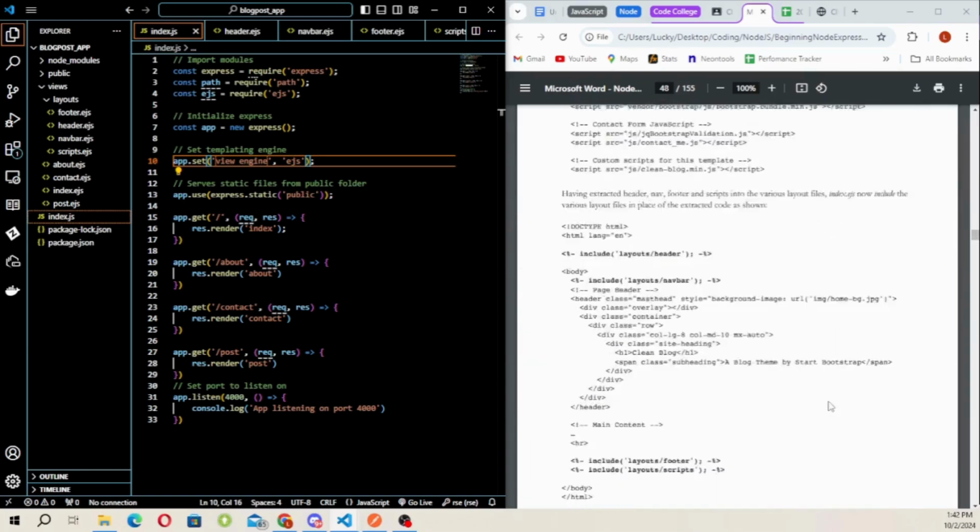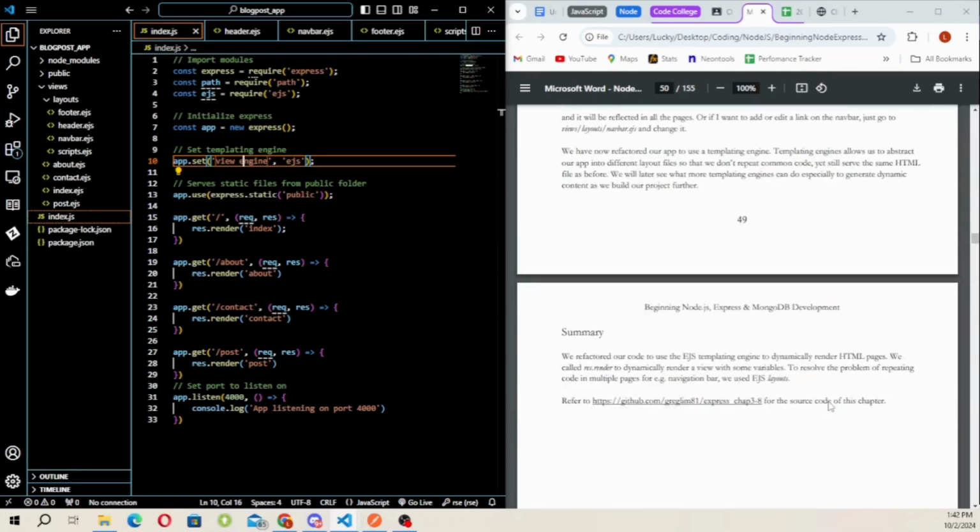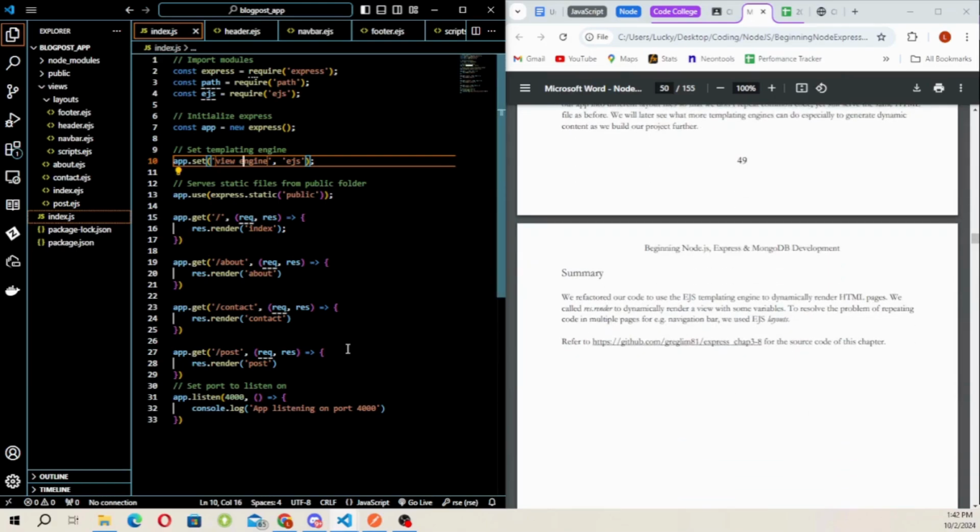And in conclusion, this was the beginning of our chapter 3 and 4 of our blog project. We refactored our code to use the EJS templating engine to dynamically render HTML pages, and we also used res.render to dynamically render a view with some variables, and to resolve the problem of repeating code in multiple pages. For example, the navigation bar, the header, and the footer, we used our EJS layout here. So that is all from chapter 3 and 4 of the blog